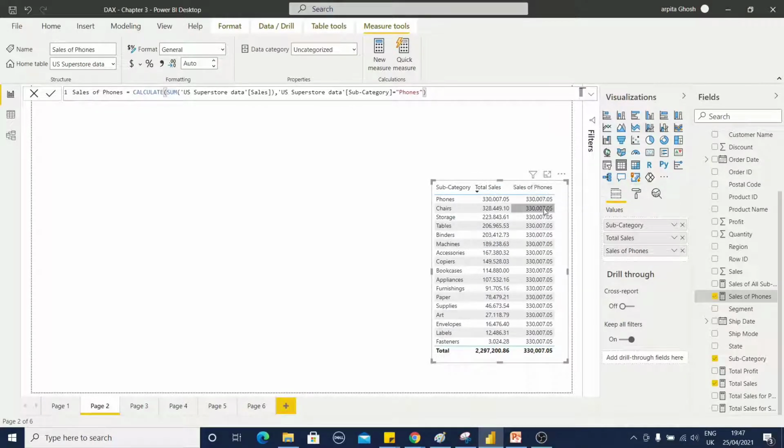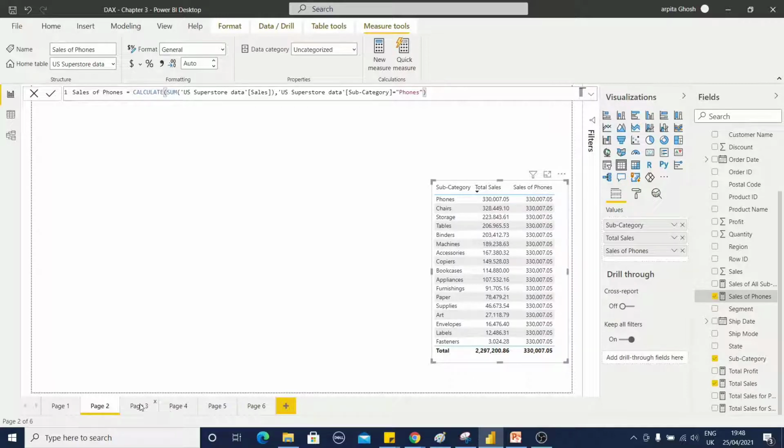You can observe that sales of phones gives the result only for the phone value, not the other subcategory values. So for an explicit filter, if I mention any filter condition in my DAX calculation, it will override the implicit filter conditions. That means it is not considering the other subcategories' values. It is only displaying the data for the phone value.